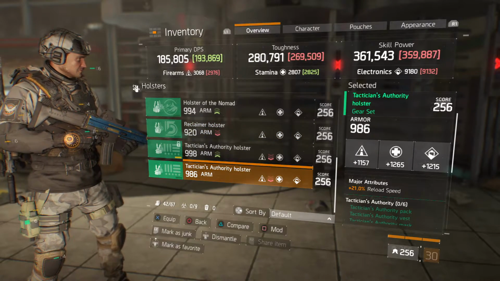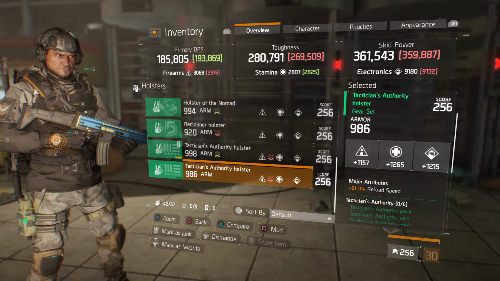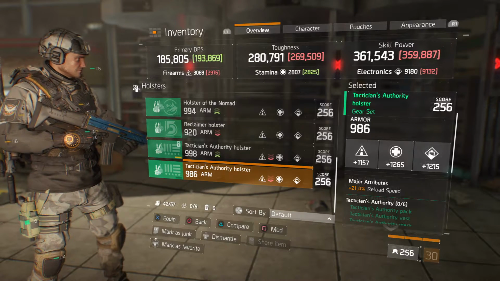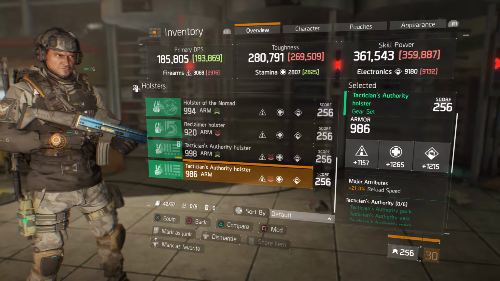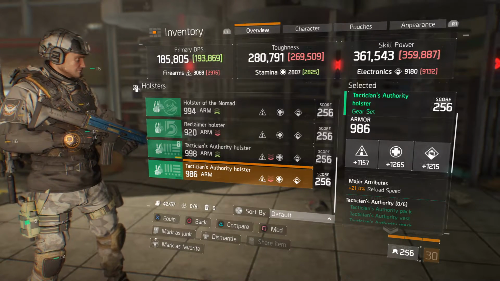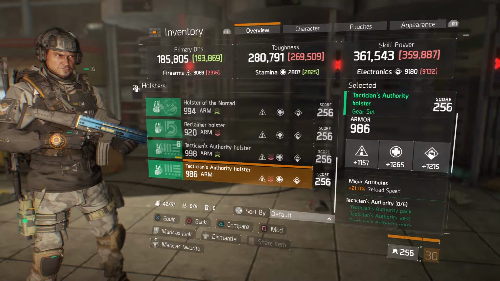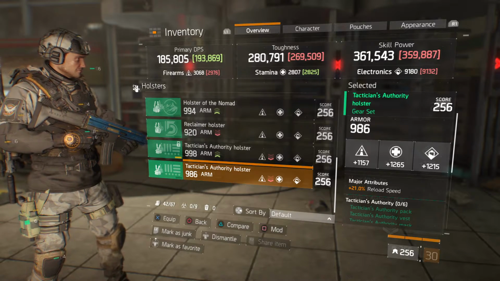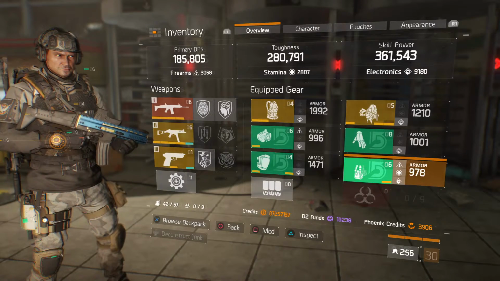And the last but not least is a tactician's holster at 986 armor with 1157 firearms, 1265 stamina, and 1215 electronics with 21% reload speed. Now, when I'm running tactician, all I'm worried about is getting all of my electronic skill power together. So more than likely, I would either try to get more electronics or change that to something with a reload speed in order to better me on that build. Other than that, guys,